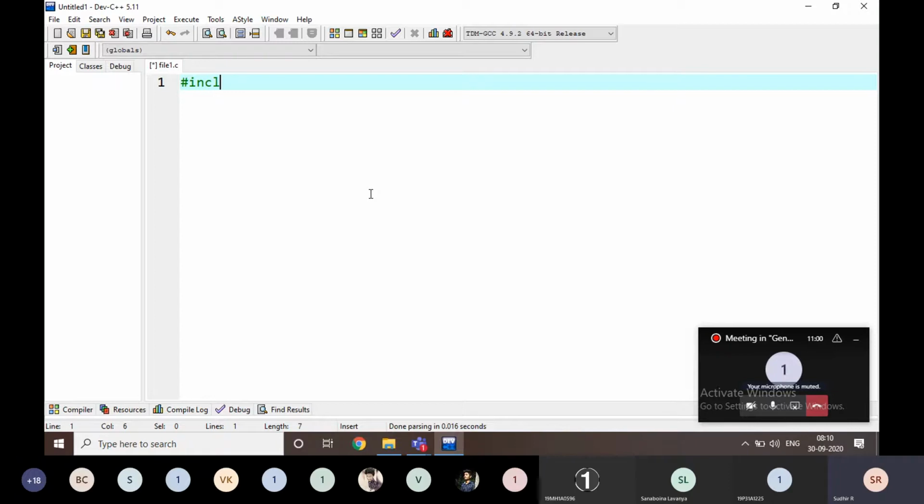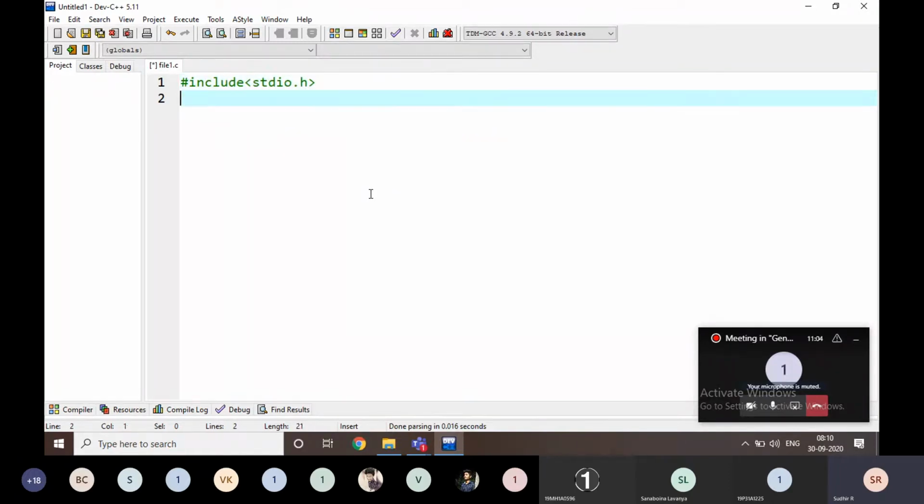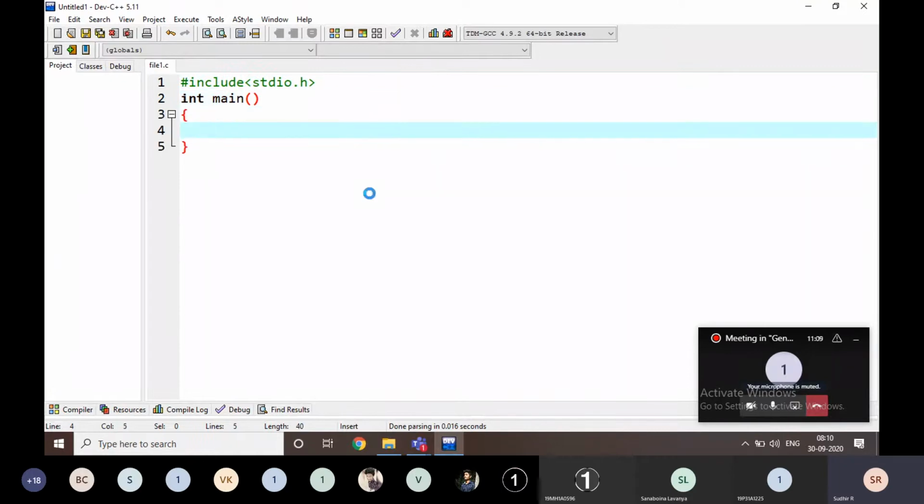First of all, I'm going to write the header file stdio.h, int main, return 0. We have to write a file pointer here. To open any file, we have to write FILE star fp, any name.